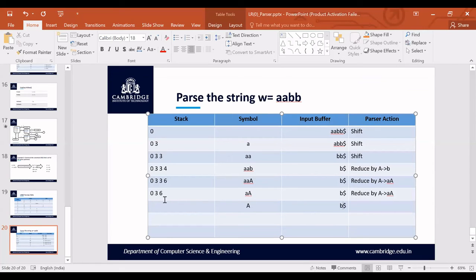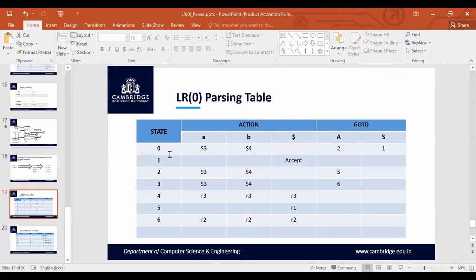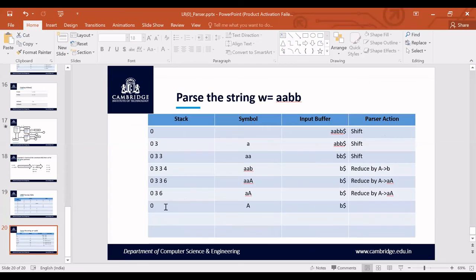Fine. So how many states am I supposed to pop out of the stack? I am supposed to pop out 2 states from the stack top, 6 and 3. So I will be left with only 0. Now take a transition with the state on the stack top, 0, with the newly reduced symbol, variable A. What is 0 on variable A? 0 on variable A is 2. Push that 2 onto the stack top.